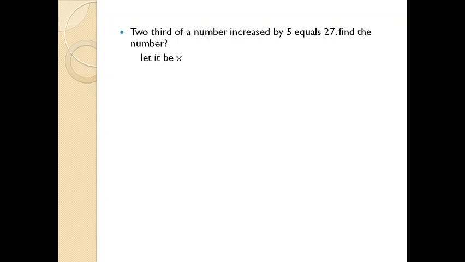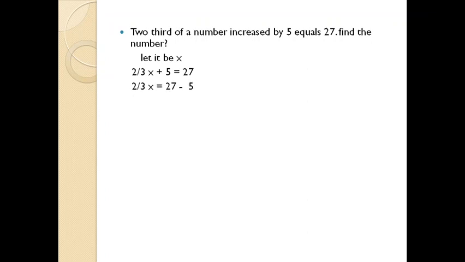We have to first of all identify what are the factors that are related with that exact variable, or the unknown value. Here it is said that two-thirds of a number increased by 5. We already assumed that number be x. Then we can write it: two-thirds, 2 by 3 of x, increased by 5. Increased by 5 means plus 5, equal 27. Now we have moved from unknown raw data to something like this. Now from this we can formulate an equation.